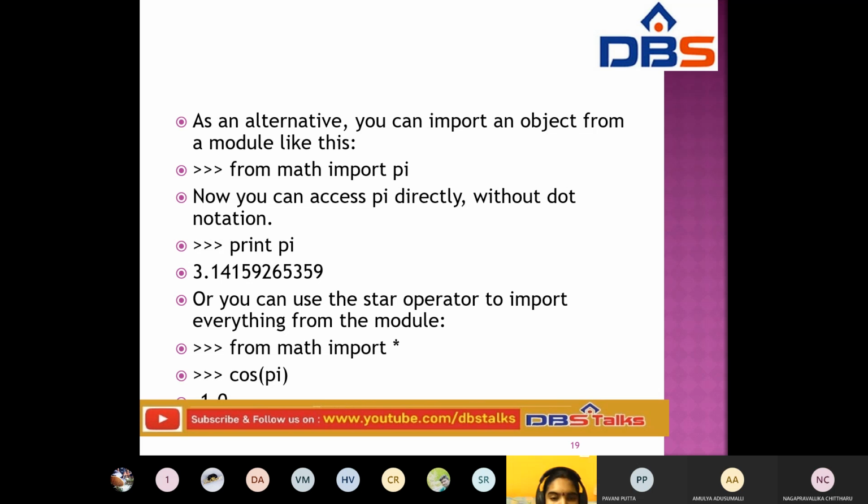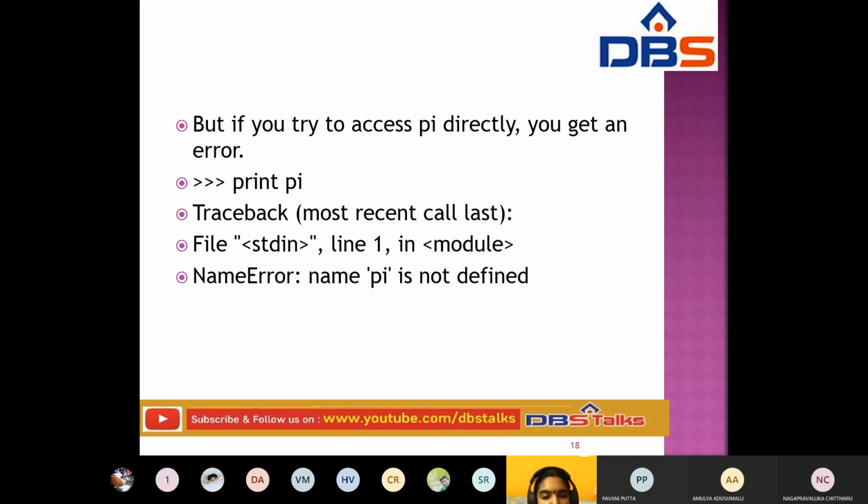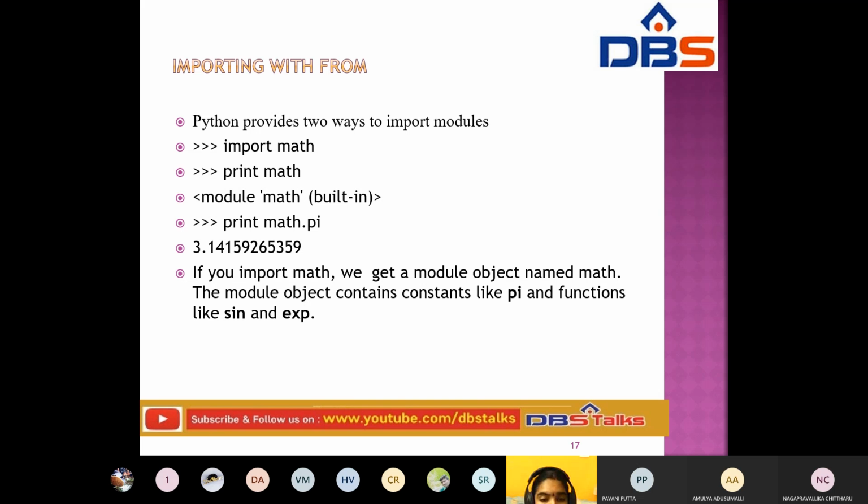In the last topic, when we tried to access pi directly, we got an error. Here, print math.pi with the dot is one way, where you import the module. Python provides two ways.